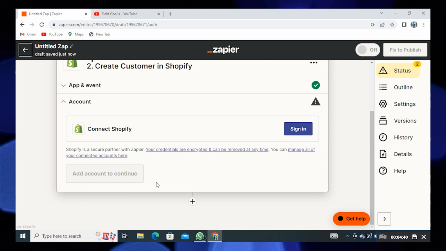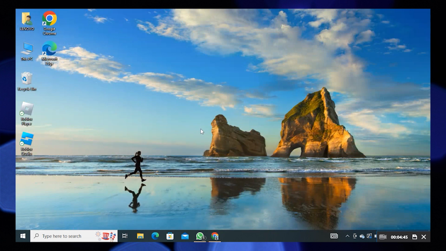Choose the spreadsheet as Untitled Spreadsheet. Click on Continue. Then skip this test for action. Press the Publish button. Now your